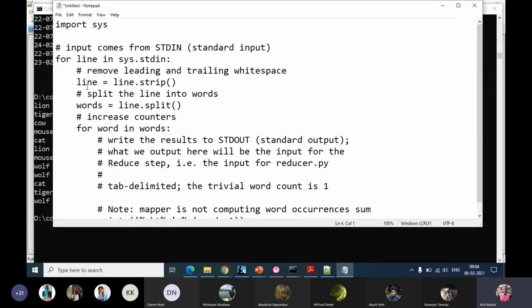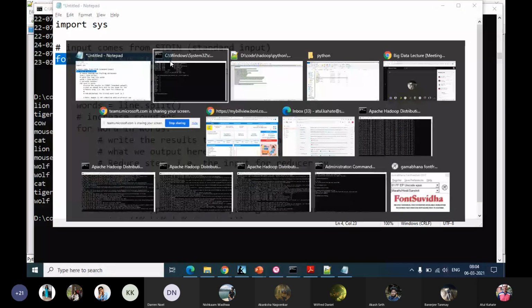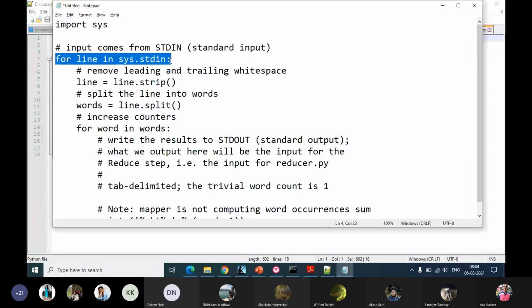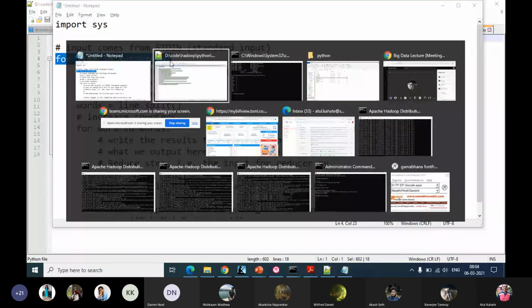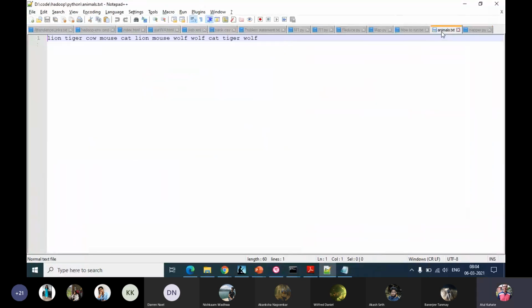So how do we do it? We simply read each line from the input file. So the first line that will be read is going to be this line, and this is the only line. So if you have multiple lines, this would have gone through all the lines because we are running a for loop.